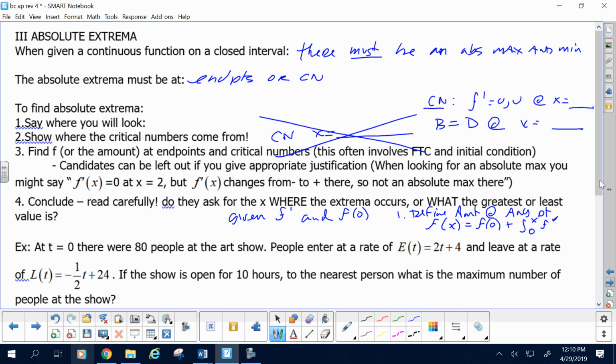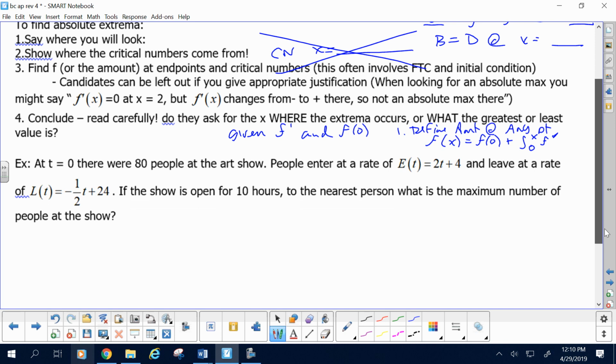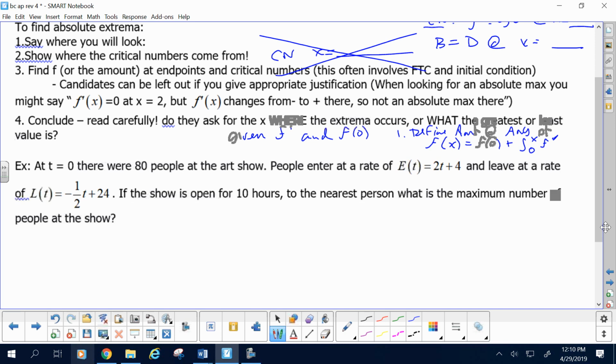Okay. So say we look at this case here. At time equals 0, there are 80 people in the art show. People enter at a rate of this, and leave at a rate of that. Now, I would underline these are already rates. To me, that word rate is a word I would look for. If it shows open for 10 hours to the nearest person,